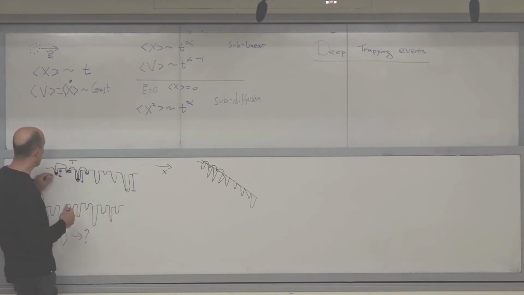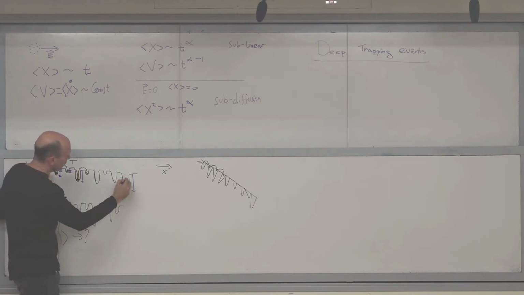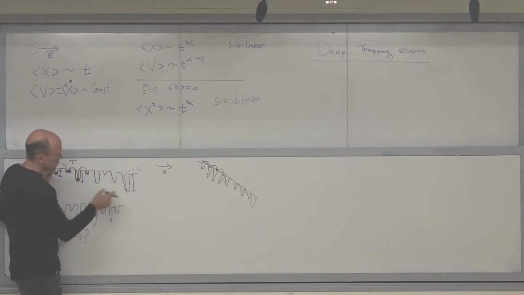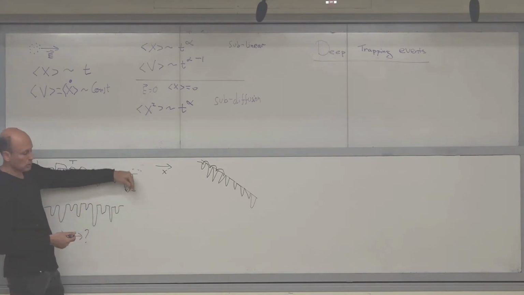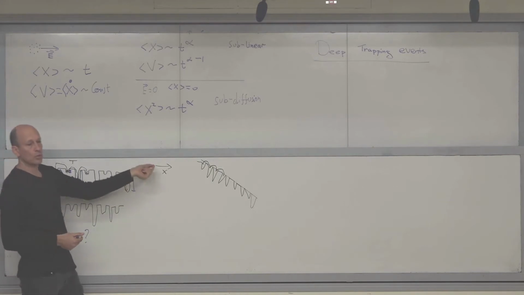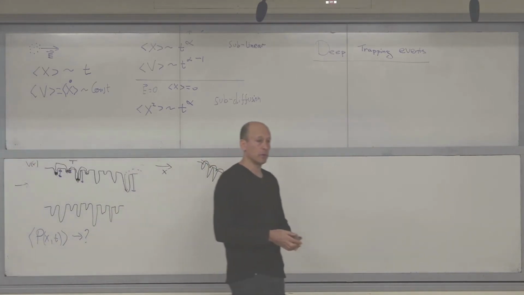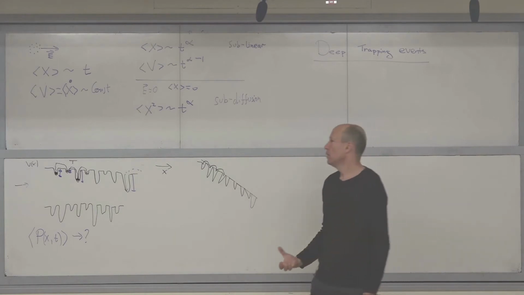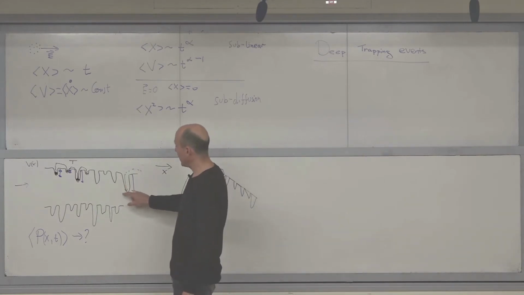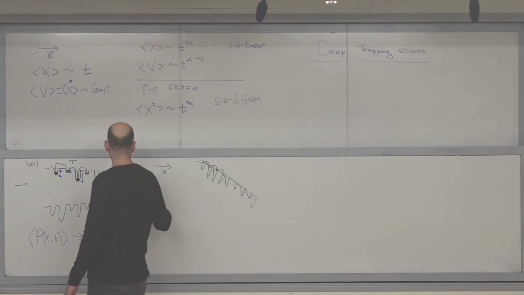What do we understand? The time to escape from here to here, this trap is relatively shallow compared to the time to escape from here to the next neighbor. It's obvious that the deeper the trap is, the more time it takes you to escape out and go to your nearest neighbor. Because if you are in a deep trap, the probability of you getting activated with energy from the bath is small. Because if I call this delta E,